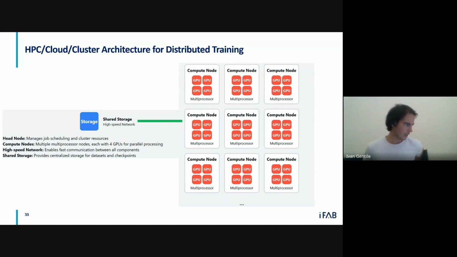So in order to do this, you need to have a bit of an understanding of the picture of MareNostrum. So essentially, what do we have? We have one shared storage where we put all the data. We have a nice high-speed network. This green line basically connects all these nodes together. So one little square here is a node. And all these nodes connected with a high-speed network enable us to do high-speed training by means of many GPUs. For each node, we tend to have usually 4, but it could be 2 or 8. It depends on the cluster of reference. We have a number of GPUs attached to it.